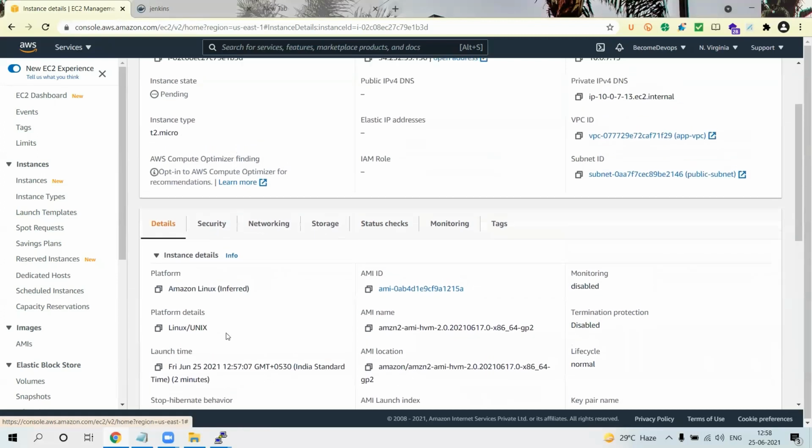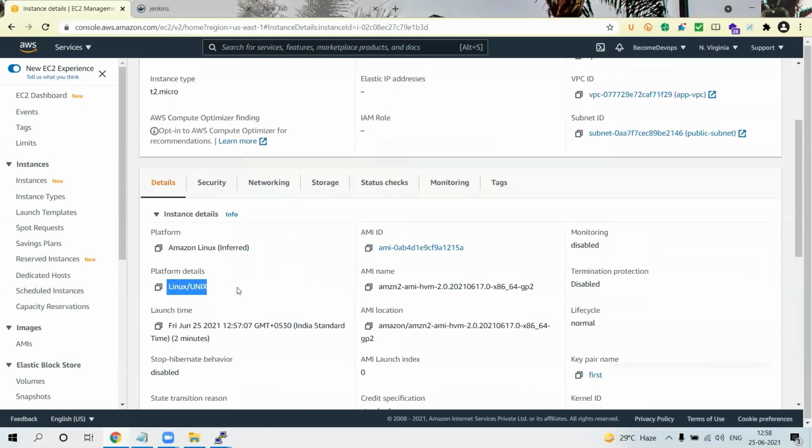In the details section, you'll be able to see what kind of image you have launched. You're able to see Amazon Linux AMI. This is the AMI name, and when did you launch? You can see the launch time. Sometimes you want to know when this EC2 instance was launched. You can see it under the launch time section.